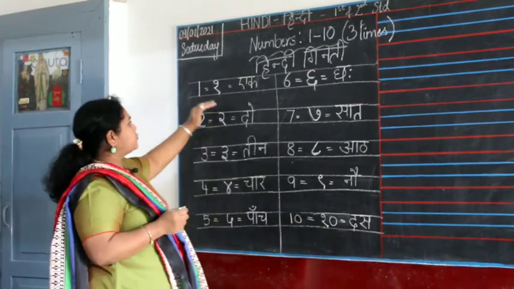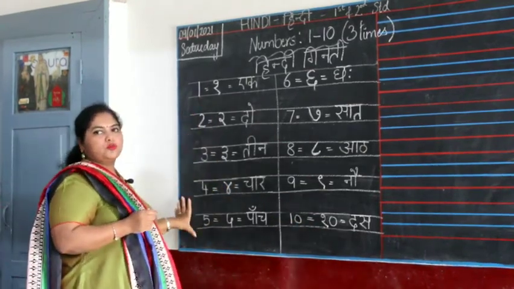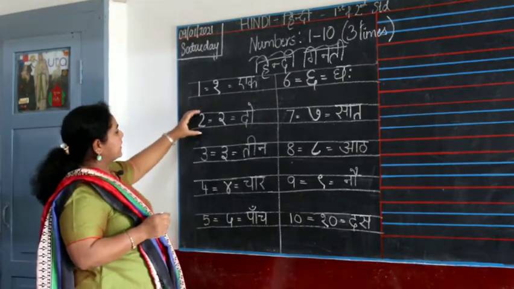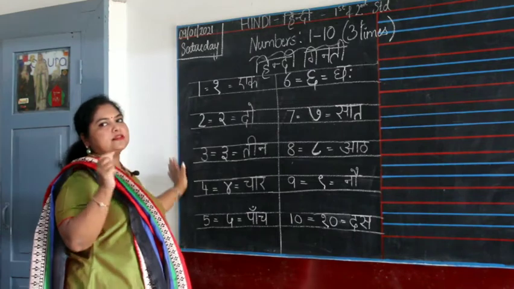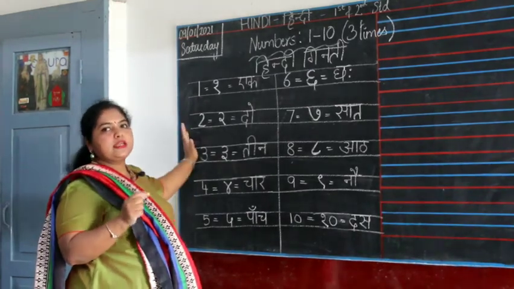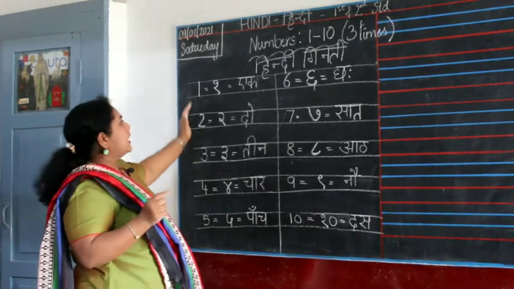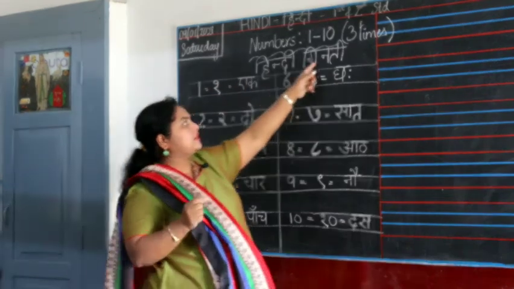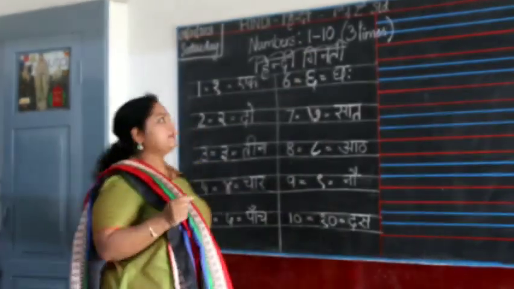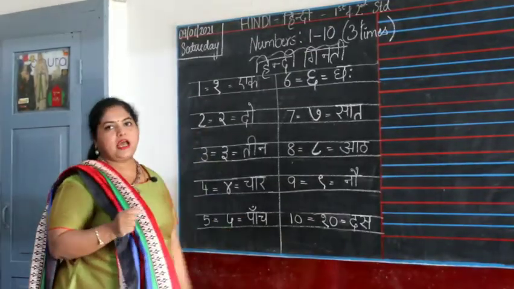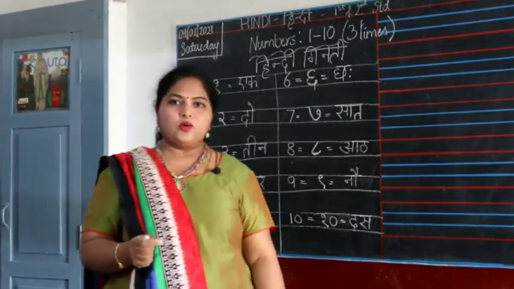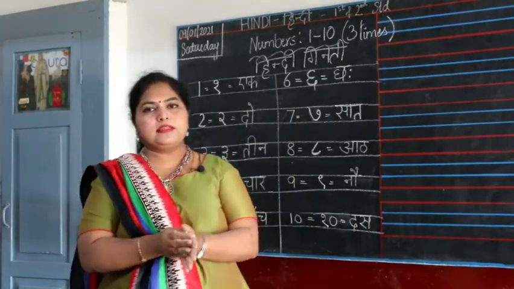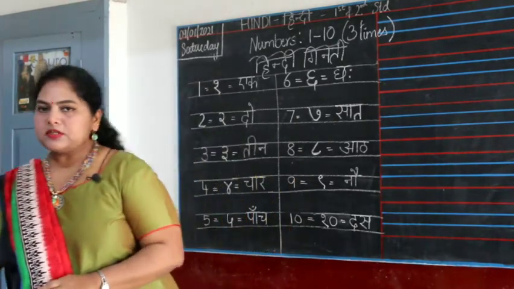So these are the 2-line books. You all have a double ruled book, right? So I want you all to write it like this. You don't have to leave an extra line. Don't write it in your single ruled book. Use your Hindi double ruled book and write like this. Hindi Ginti, numbers from 1 to 10. I will write in the notebook and send it to you all. I want you to write the same way. Okay. So this is your Hindi Ginti, Hindi counting. Numbers in Hindi.